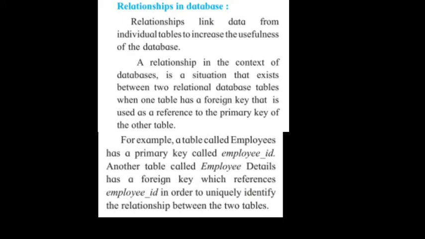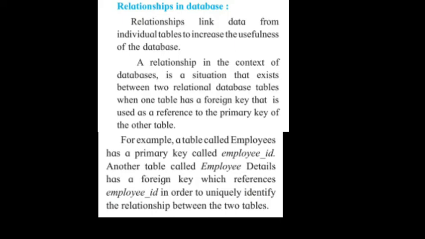Which technique do we use? We use the primary key concept as well as the foreign key concept to establish the relationship between these two tables. On your screen there is one example: employee details, employee ID. It shows how we can use employee ID as a primary key and how it is referred to in another table as a foreign key.